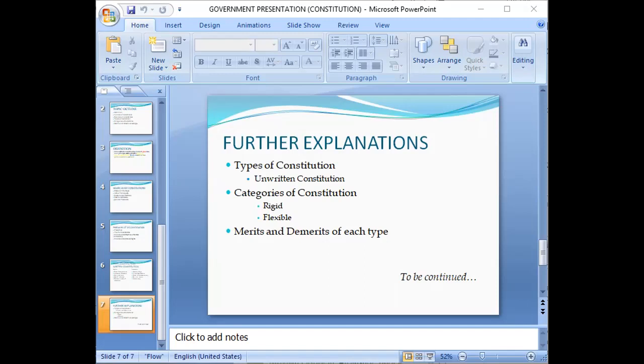So rigid constitutions, pardon me, are those kinds of constitution that take a special procedure to amend. They are usually difficult, technical, and not straightforward. You get it. That's usually it. Then the advantages are that